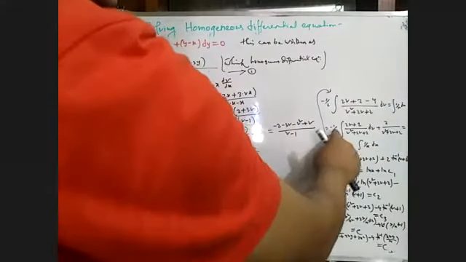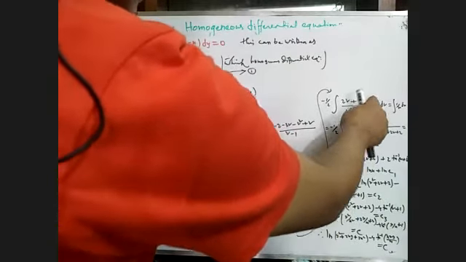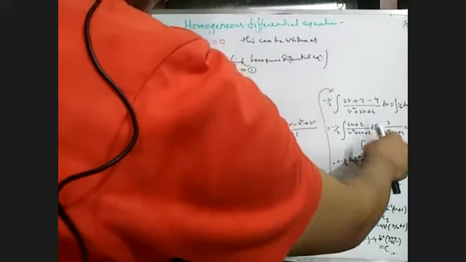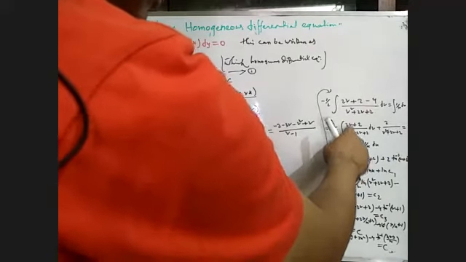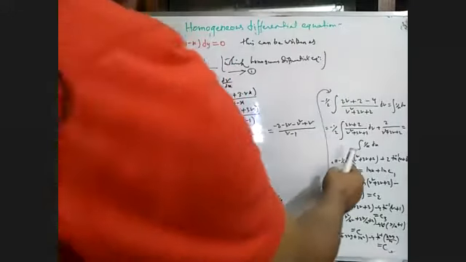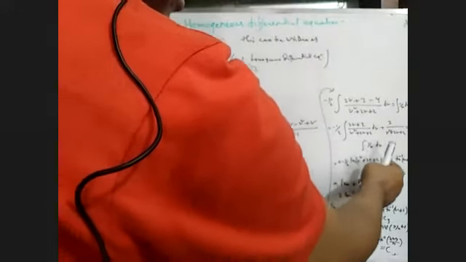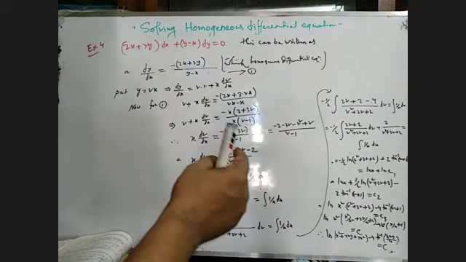Now separating this into two fractions, that means partial fractions: (2b plus 2) divided by the denominator, minus 4 into half, that is minus half, plus 2 divided by the same denominator. This is the integration, because the differentiation of the denominator equals the numerator. This is why we get ln of the denominator. Then b square plus 2b plus 2 can be written as (b plus 1) whole square plus 1.